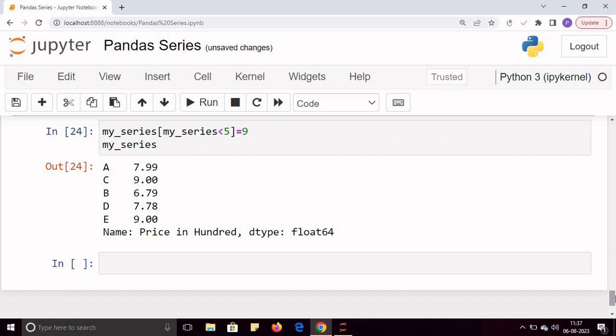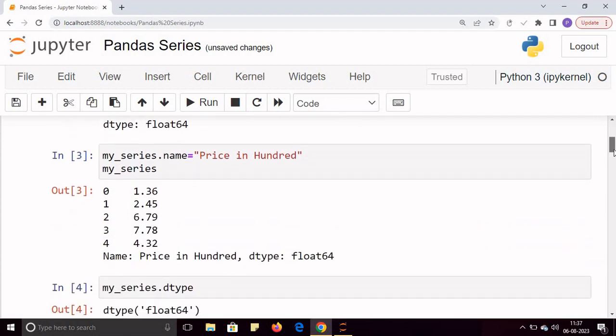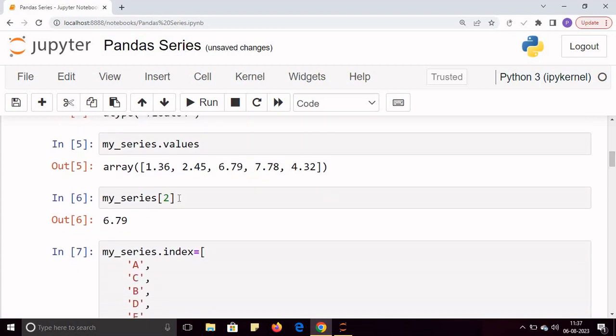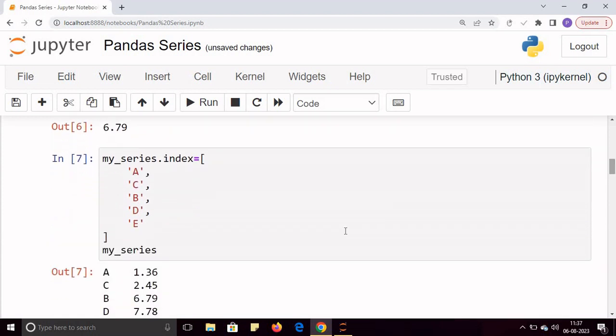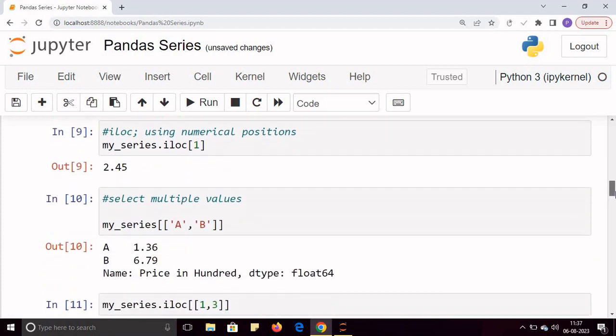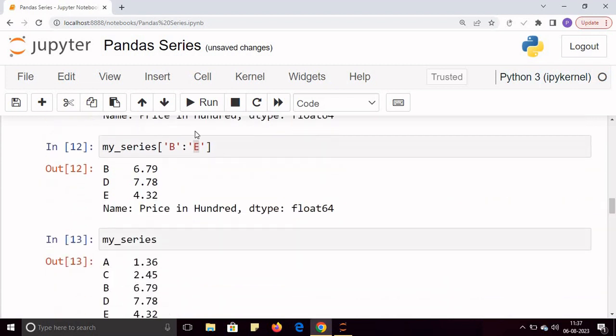So this way you can use pandas series. I hope you have understood all the basic concepts of the series. You can create a series, you can print the values, you can change the name of the series, you can print the data type, you can print the values of a series, and you can print the value of a particular index. You can change the index of the series. You can use iloc, you can select multiple values from the series, you can select values from a range,